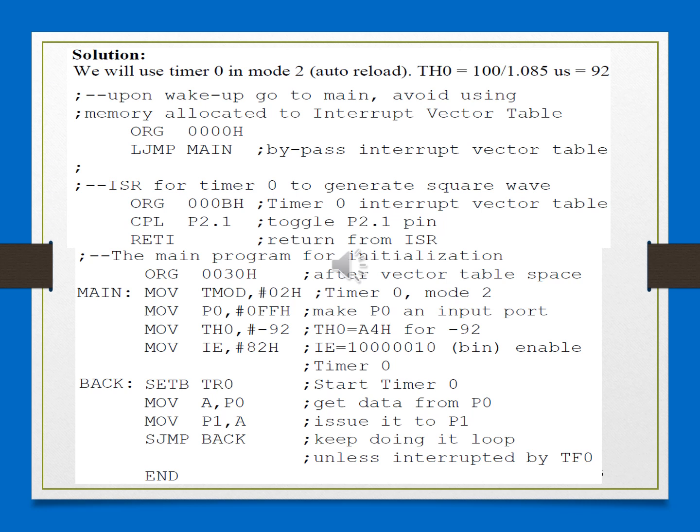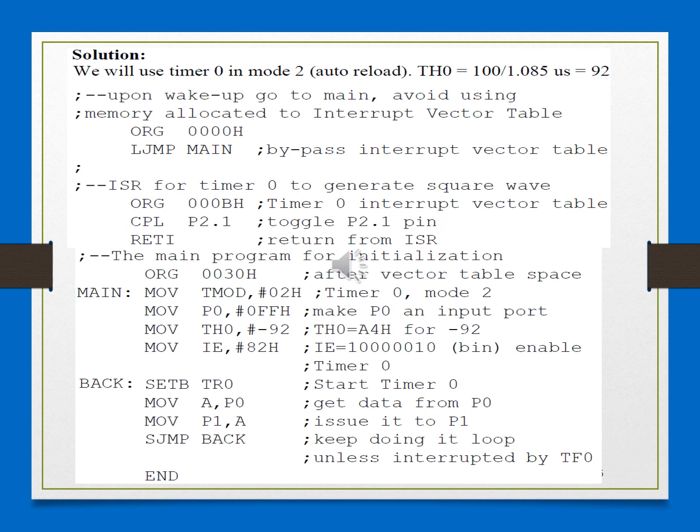So internally the circuit operation will be happening so that now the CPU is not polling, it is not waiting for the overflow flag to get set. It is doing its work. What is the work assigned here? Read the data from port 0 and send it to port 1. So continuously this is happening. Whenever the timer value, that is TL0, reaches FF, it rolls back to 0, then the overflow flag will get set.